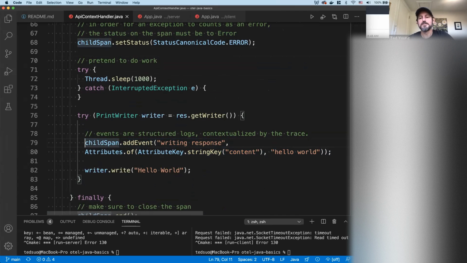There's lots and lots more to OpenTelemetry, but as an application developer, that's your bread and butter. That's all you should really be interacting with on a day-to-day basis when you're dealing with tracing. And of course, there's also metrics, but we're not going into that today because it's not fully baked yet.